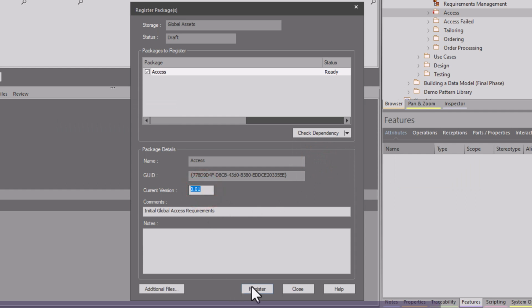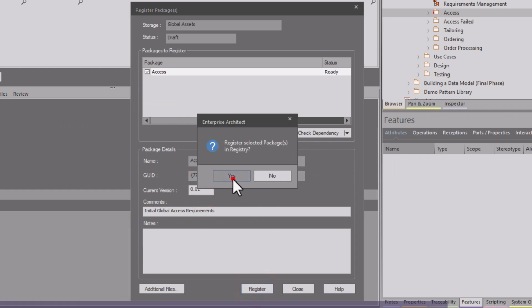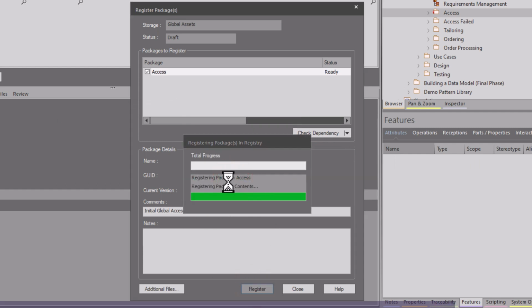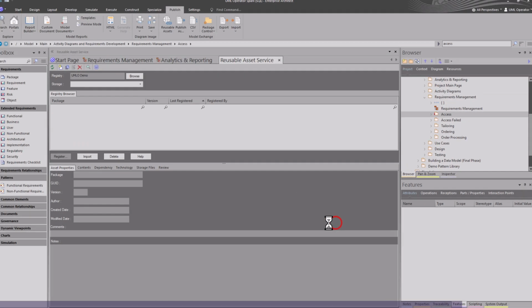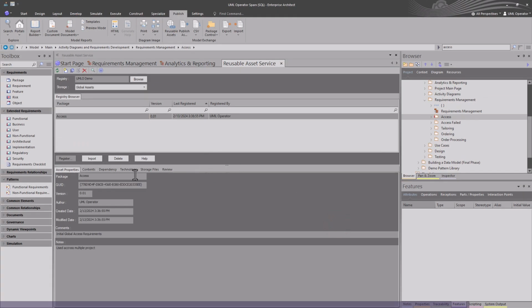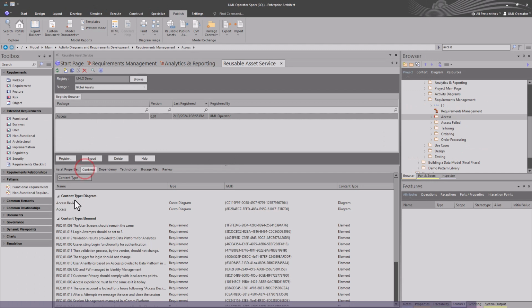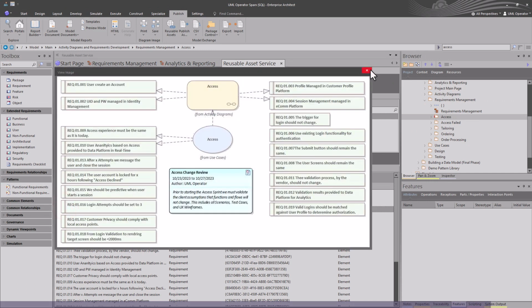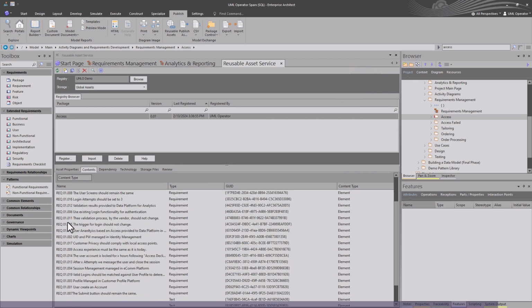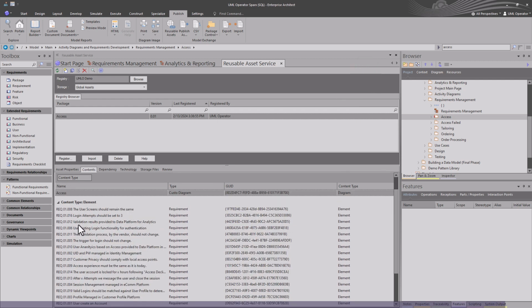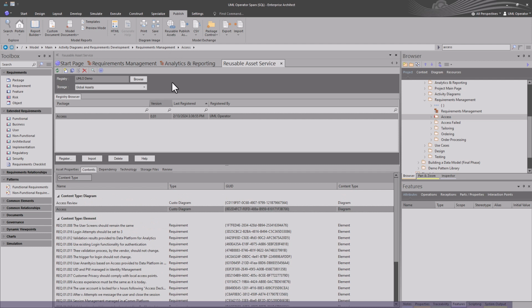And everything else is done. We're going to hit register. Yes, I want to register. Thank you. And it's going through. And now this is in the RAS repository for this instance. And essentially, I brought in two diagrams, mostly interested in this diagram here, and then all of these elements for access, right? So we're going to flip over to a separate project,